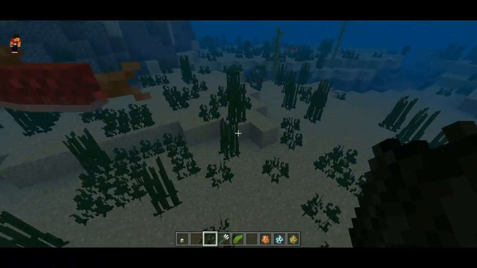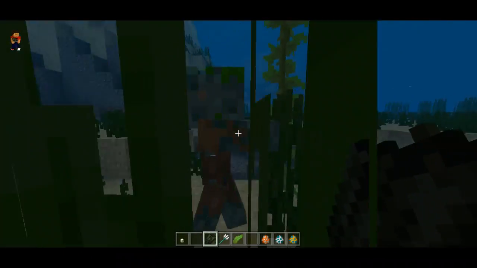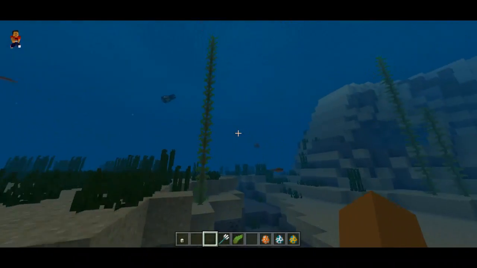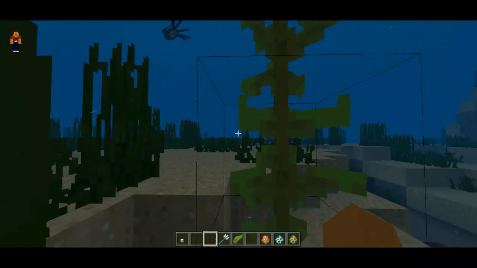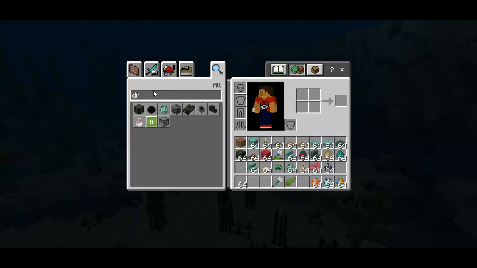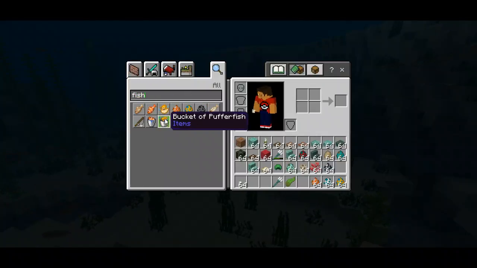We also have seagrass, which is a new grass, and all the underwater plants are animated, which gives a new breath of life into the game almost. Because it's not just static, it's animated, and that's really cool. And so we had dolphins, and now let's look at the new fish items. So besides the fact that you can now capture fish in a water bucket, using